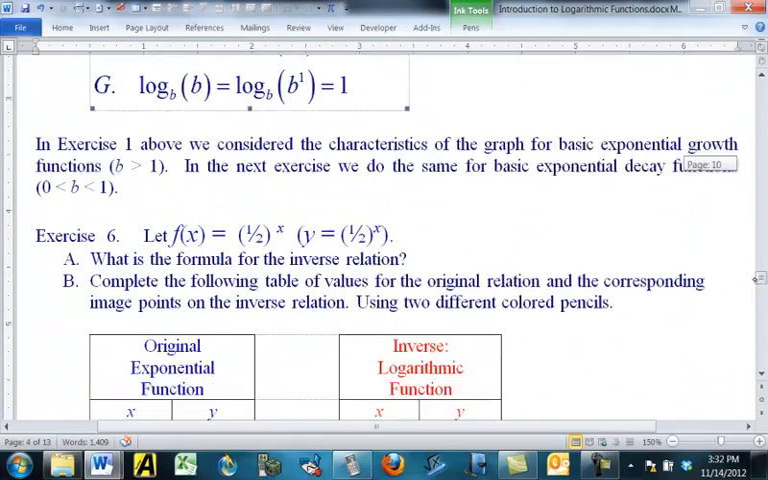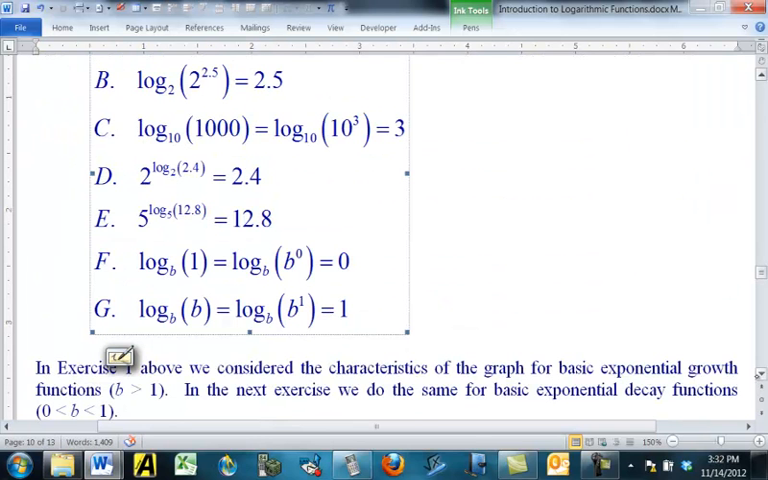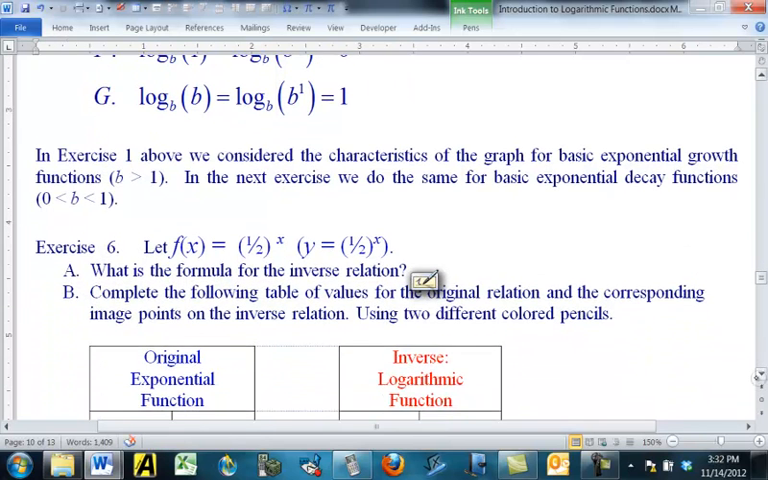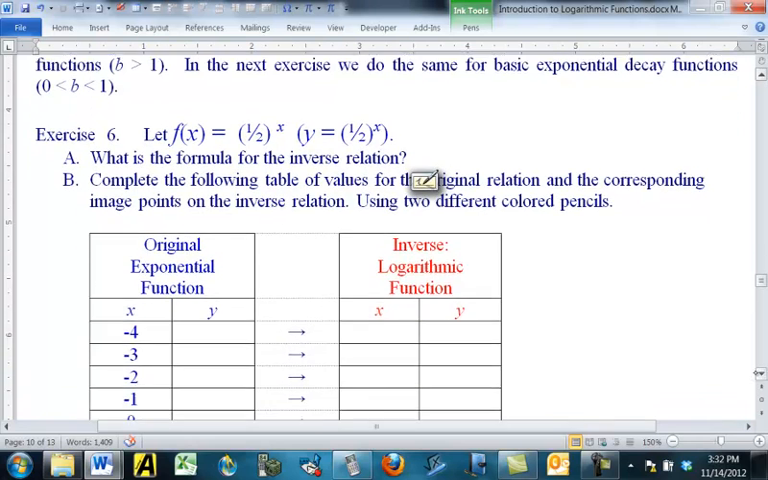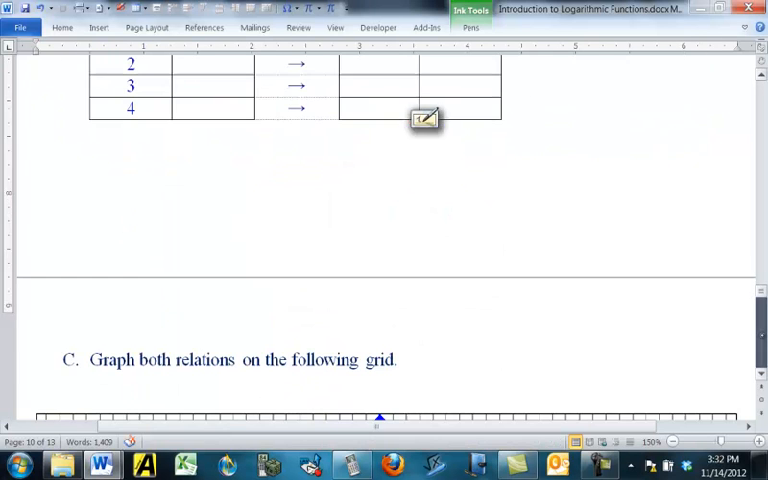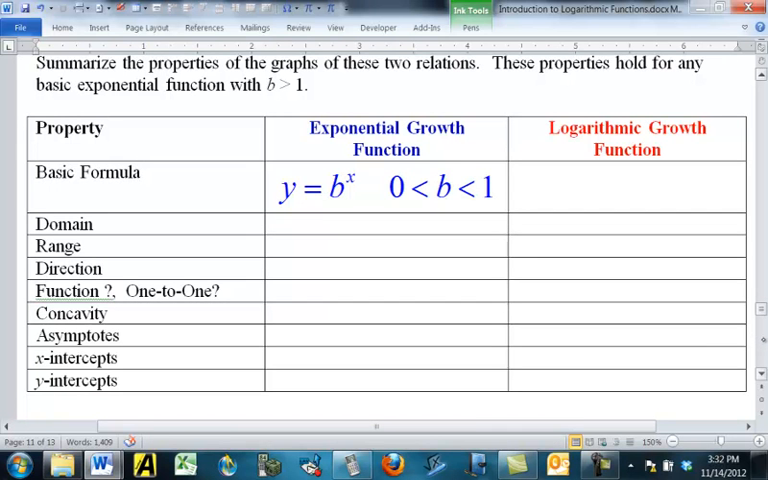Now what we're going to do is switch to an exponential decay function. Remember that an exponential decay function is when we have a base less than 1, but positive, so between 0 and 1. For an example, I'm going to do 1/2 to the x. In other words, y equals 1/2 to the x, or f of x equals 1/2 to the x. And see if we can work this one out like we did exercise 1. Find the inverse relation just in terms of x and y. You could actually use logarithmic notation here as well, now that you know it. Then we can graph both, and then tell me what you see in terms of the properties here